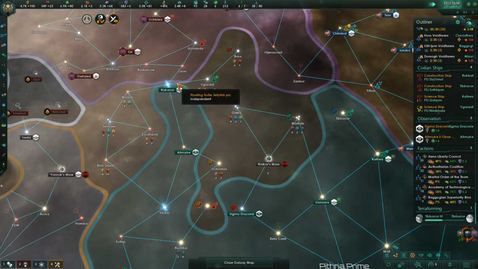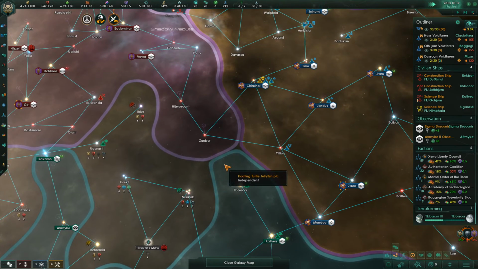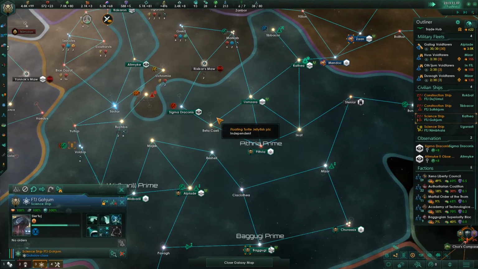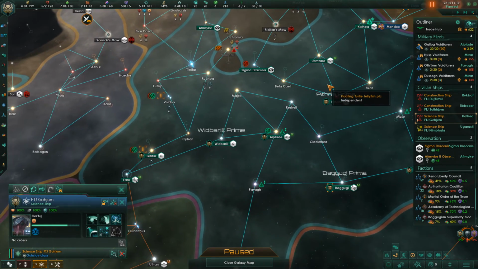Okay. Yeah, so I don't think they're going to come through Rakaron. I just don't think they have the stones. They don't have the bloody stones. The one-eyed freaks. So, we are going to...